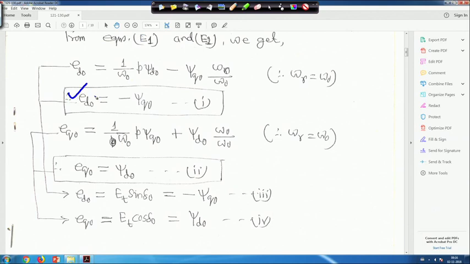So, ED0 will become minus psi q0. This is because we have perturbed from ED. Initially it was ED0, now it is ED0 plus delta ED. So if ED0 is equal to this much and omega r is equal to omega 0, this term is 1, right. And initially it was p psi d0, therefore its derivative will become 0, right, it was a steady operating condition. So its derivative is 0, that is why this term is also 0, therefore ED0 is equal to minus psi q0.